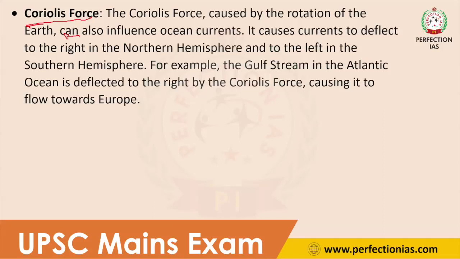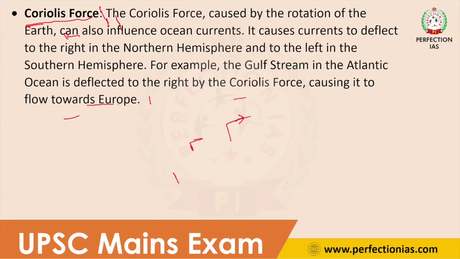Because of the rotation of Earth's surface, wind and any moving object will deflect to the right-hand side in the northern hemisphere, and to the left-hand side in the southern hemisphere. This Coriolis force will also deflect the direction of ocean current. For example, the Gulf Stream in the Atlantic Ocean deflects to the right-hand side because of the Coriolis force, causing it